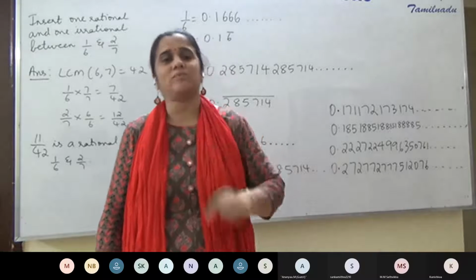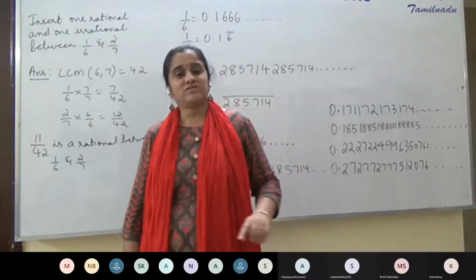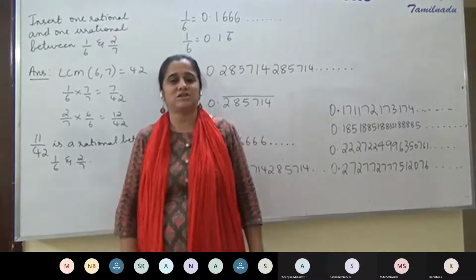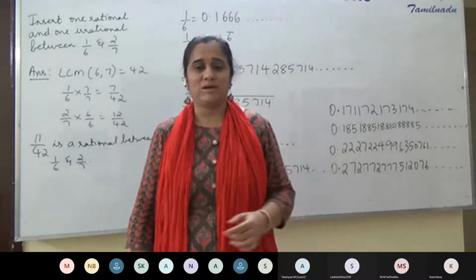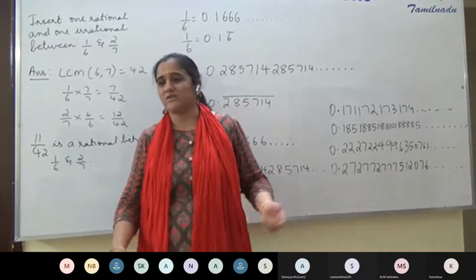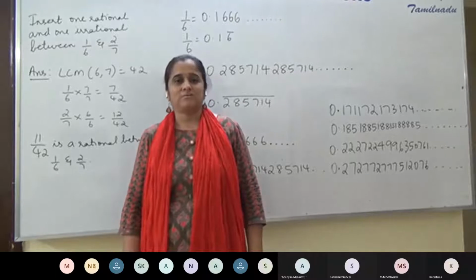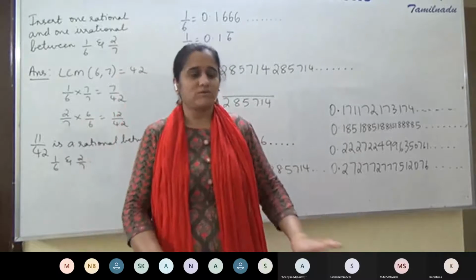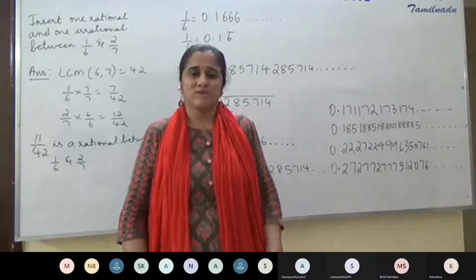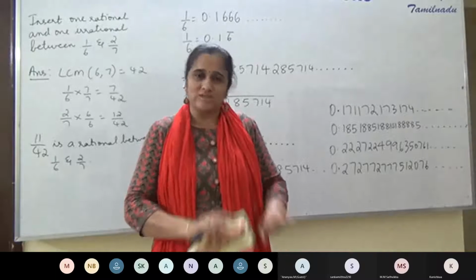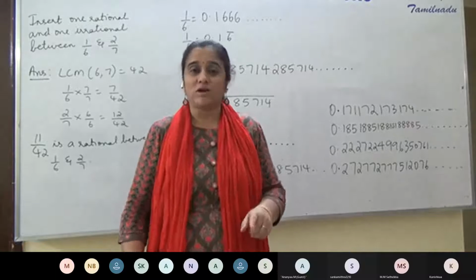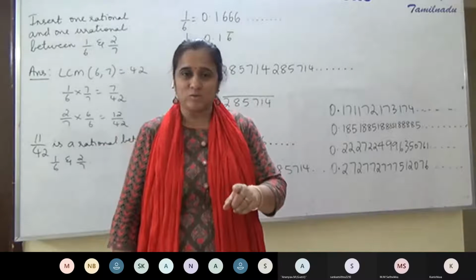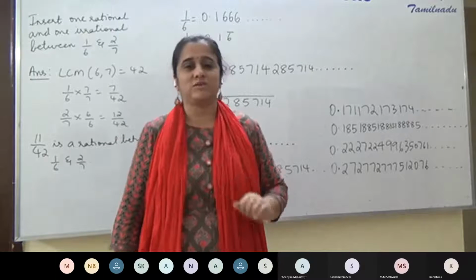Something should tell you to stop the division. In the first case, when the remainder is 0, the remainder 0 tells you that the division has come to an end. But when you don't get a 0 remainder, how can you stop the division abruptly? Something should tell you that you can stop there, need not go ahead. And what is that? A repeating remainder. A repeating remainder tells you that you can stop the division process.